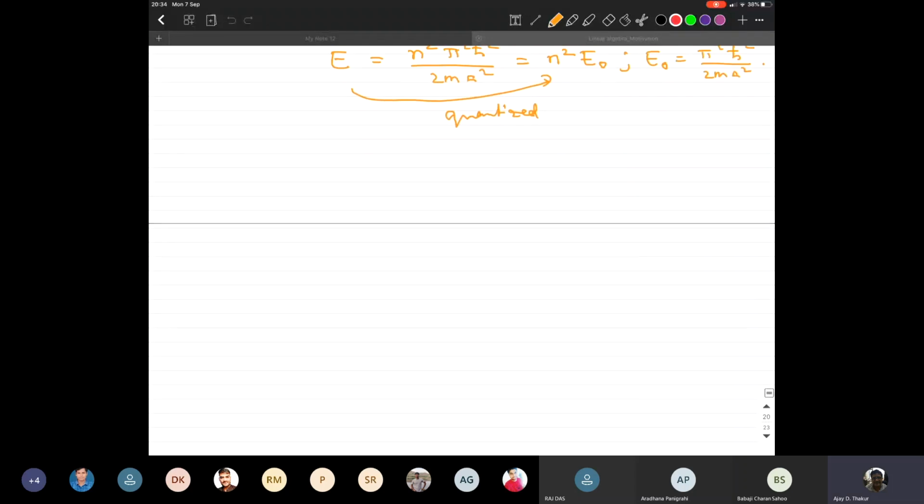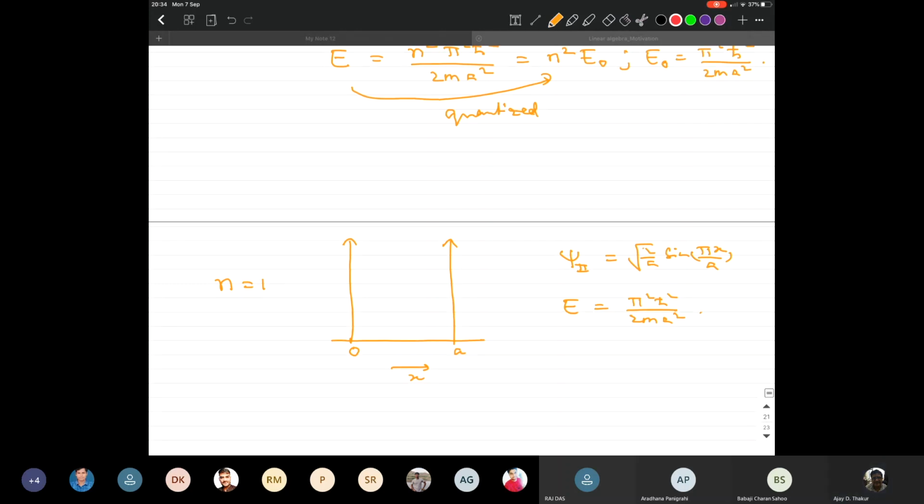So it is useful to plot these wave functions corresponding to various n. So for n equals 1, this is 0, this is a, this is x. For n equals 1, psi 2 was equal to root 2 by a sine pi x by a, and E was equal to pi square h cut square by 2m a square. So in this case, you can see that this wave function would look like, at x equals 0, sine 0 is 0, and at x equals a, sine pi is 0. So therefore, this wave function is a